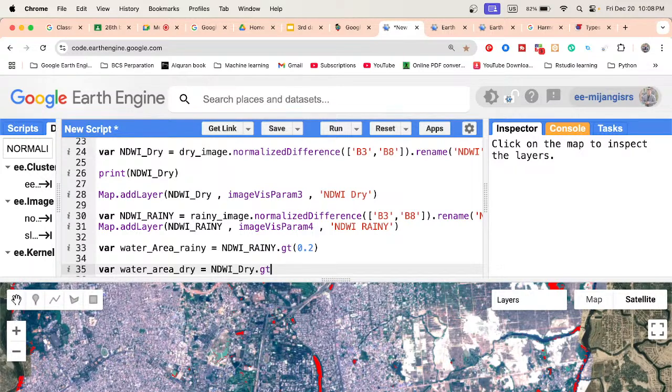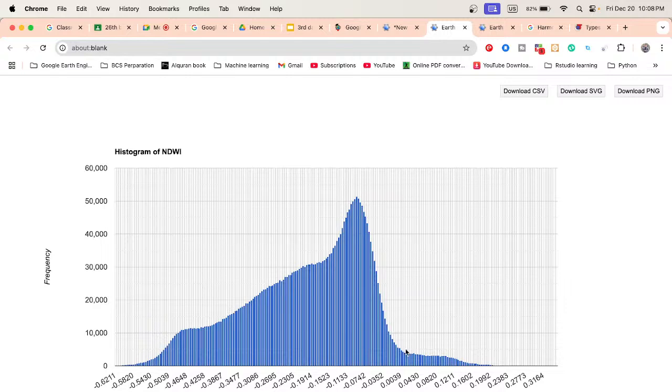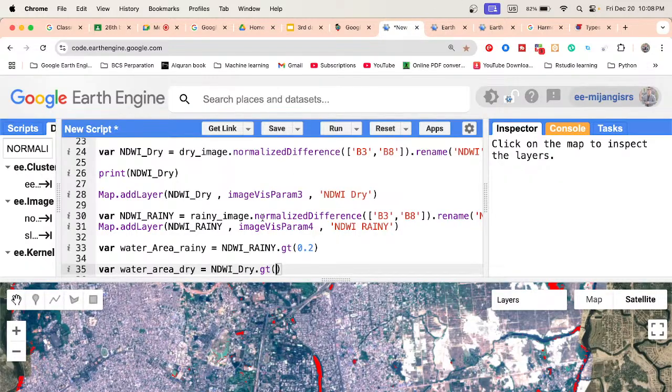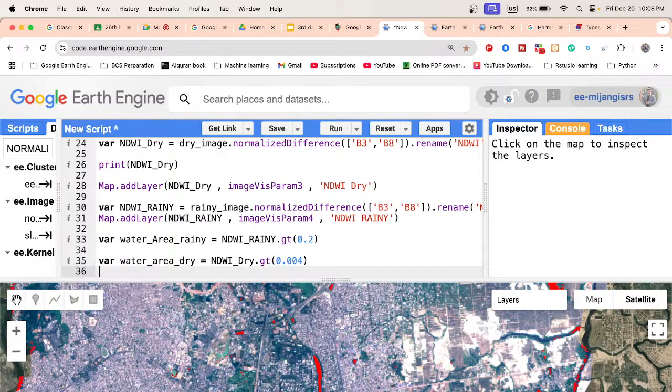So put the getter here, then we can check which value is better. We can easily find out from here. You can see 0.008 or 0.004. So greater than, for all pixels 0.004 indicates water body. So I just put 0.004 here. Again create the layer,